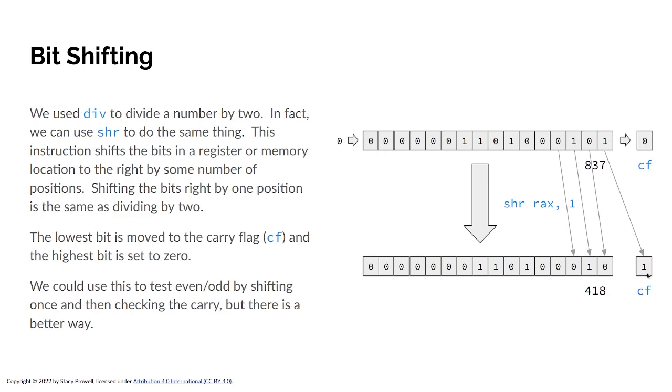Pretty clever, huh? Because it's just like if I shift a decimal number, if I shift the digits right by 1, it's like dividing the number by 10. If I shift it left by 1, it's like multiplying the number by 10. Well, this is base 2, same thing, but with the power of 2. So shifting RAX right by 1 is the same as dividing it by 2. And it's way simpler than using the div instruction. So we could do that. In fact, we could also use this to test even or odd by shifting once and looking at the carry flag. That would work. But there is, in fact, a better way to do a test for even or odd,